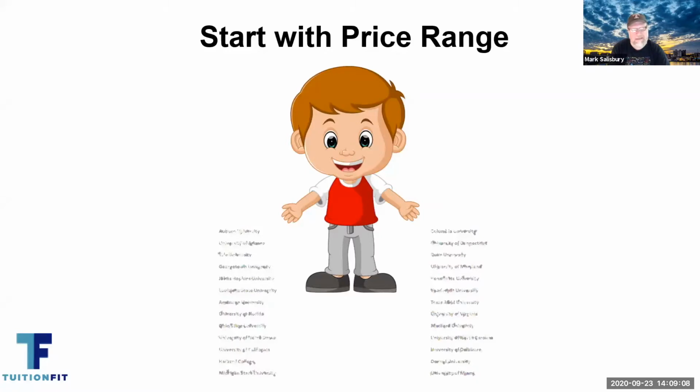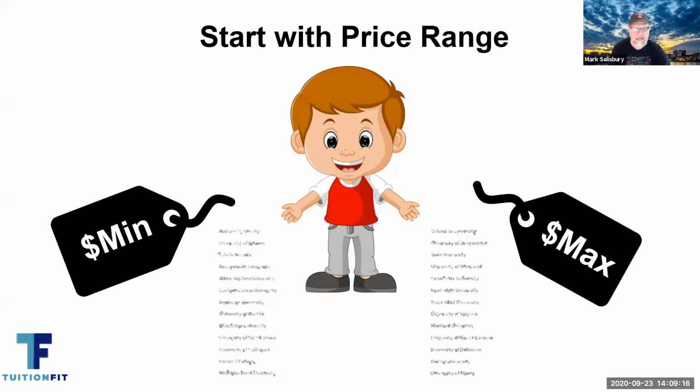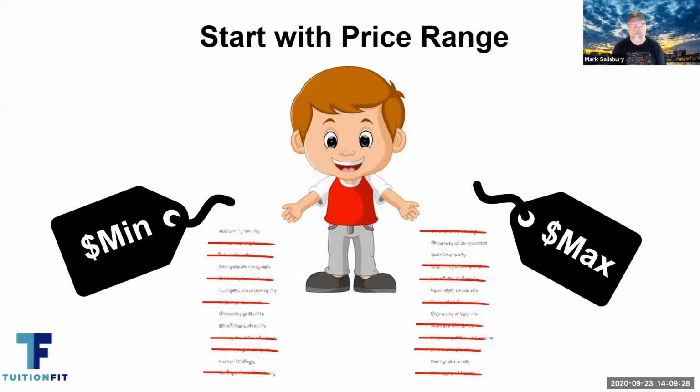Instead, what we would like to be able to do is start with price range and figure out which schools are going to be in my price range, and then I'll go look at them. So your family and the student have to have a conversation about what our price range is, and it has to be an honest, reasonable conversation. But as soon as you can do that, you can eliminate a whole bunch of schools right out of the gate. And you make this process so much simpler for a family, because now it's not like go look at every school out there and maybe one of them will work and then maybe one of them will be the right price, but you won't know that until afterwards.